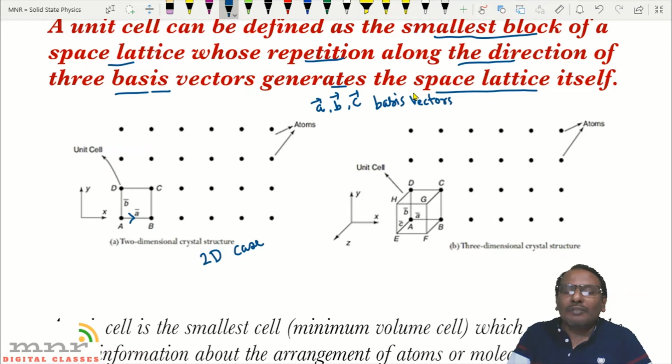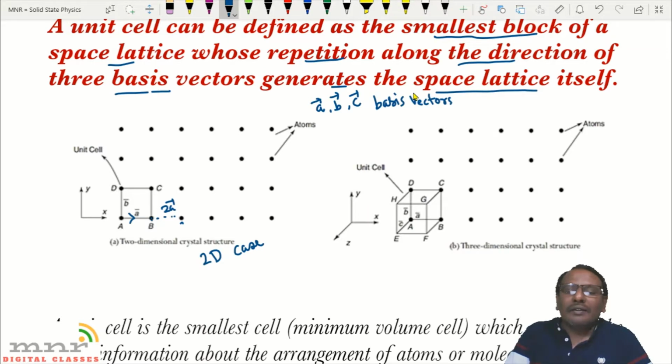If we go on displacing the atom with the help of the basis vector, then that repeats the crystal structure. For the smallest building block, that is to generate the unit cell, we have to consider the smallest displacement possible for a given crystal structure along the x-axis. If we move it by 1 unit, that is along A bar, modulus of A bar, that will generate the second atom. Then if you move to the next, this is equal to 2A bar, then we get the third one, fourth one, and so on.